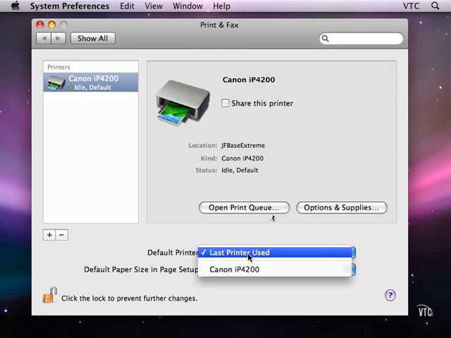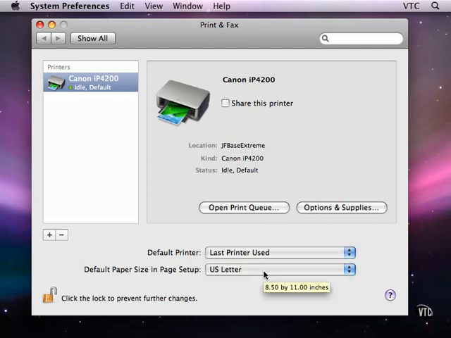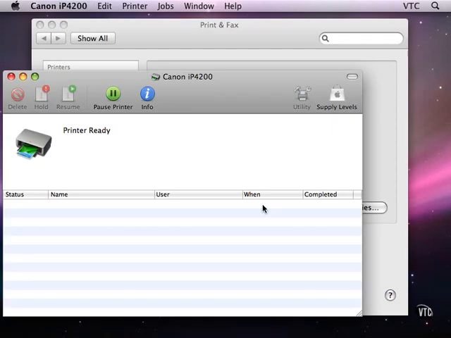We also can default what printer should be used in a print dialog and the default size. We have several places in print dialogs and in preferences where you can set the defaults, and this is one of them. Now, each printer has a print queue, and the print queue consists of the jobs that that printer